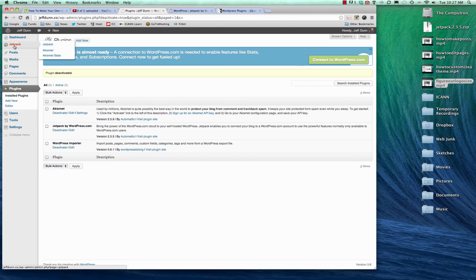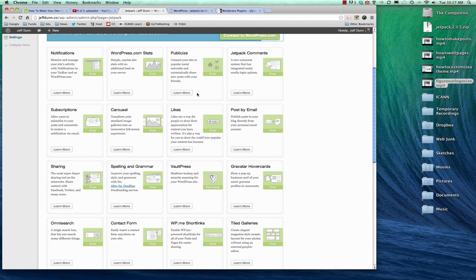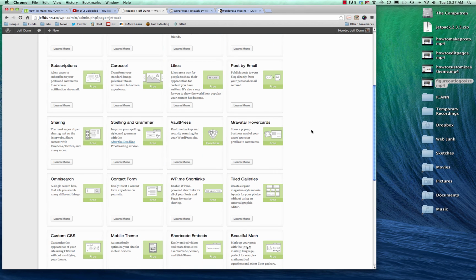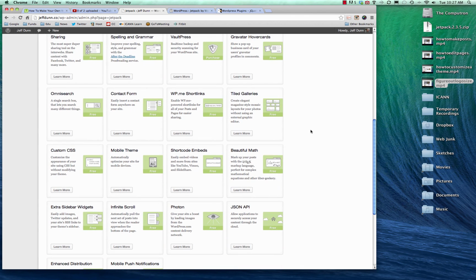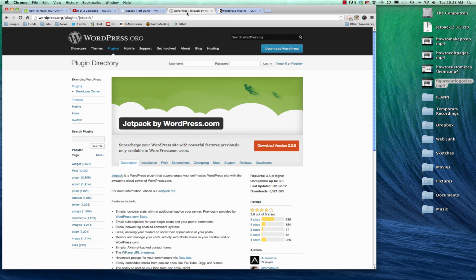So this plugin adds in a little menu item over here on the left, and it walks you through all the many things it can do. So if you're new to WordPress, this is actually a great way to add in a lot of stuff without having to add in 50 different shortcodes. So you can have a contact form, a better search box, some extra widgets, even an infinite scroll, something I think that's pretty cool. They're all free and easy to use, so definitely check out Jetpack and all the other